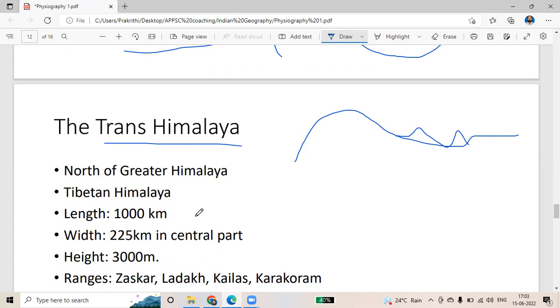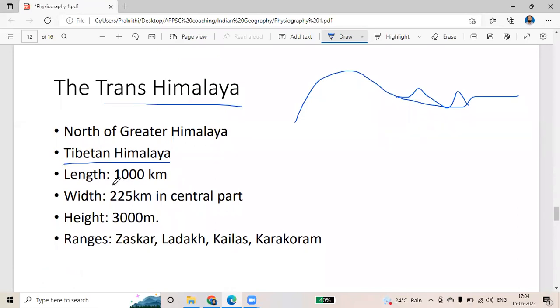It is also known as the Tibetan Himalayas because that is mostly seen in the Tibetan region. It has a length of 1000 किलोमीटर. उतना ज्यादा एक्सटेंशन नहीं है जैसे हिमालय का। हिमालय का 2500 है, इसका 1000 है। विड्थ almost 200 के ऊपर है, and height is 3000 मीटर. हाइट एवरेज कम है। ग्रेटर हिमालय का 6000 था, इसका आधा है, almost 3000 मीटर है।